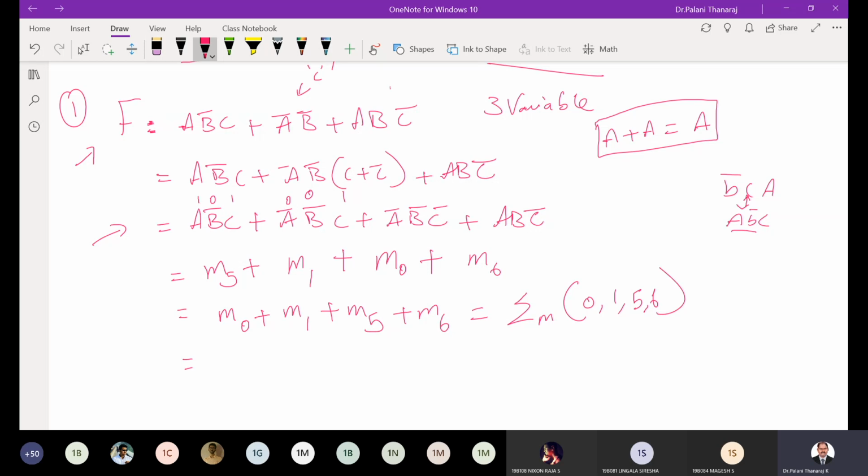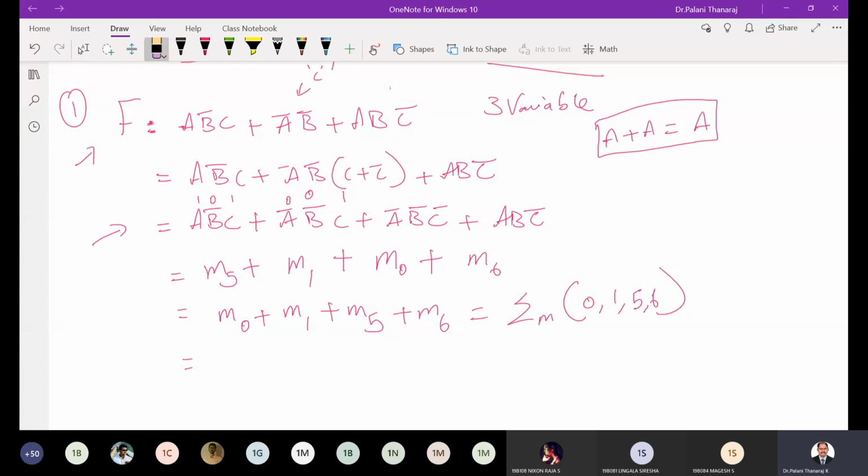So even if you are having an expression, we can very well write it in an ordered form, A, B bar, C. That is one common mistake, because if you do not order it properly, you will assign different values for the variables. You will be missing that MSB and LSB, and if your MSB and LSB are mixed, you will be getting wrong numbers, wrong min terms and max terms. So that is an important thing.